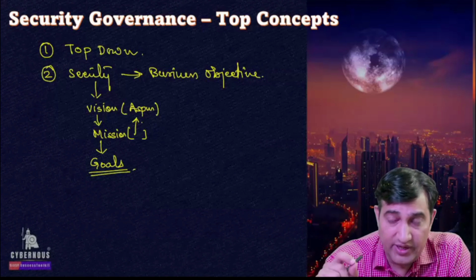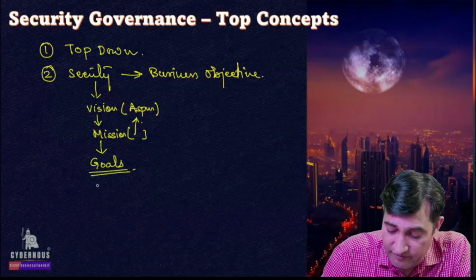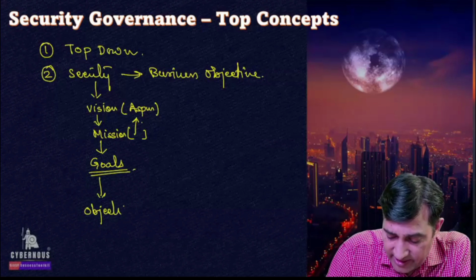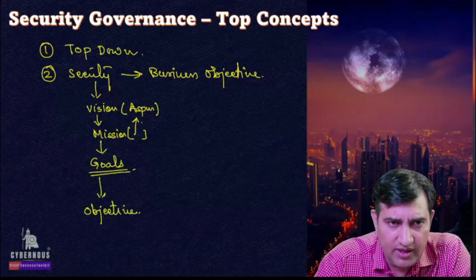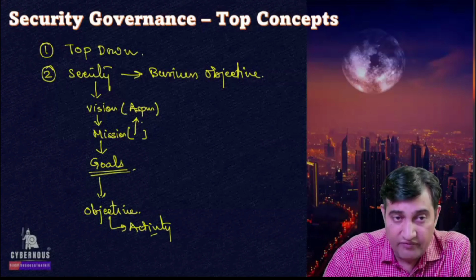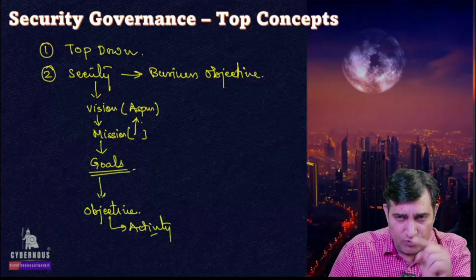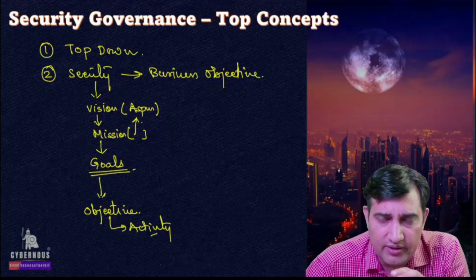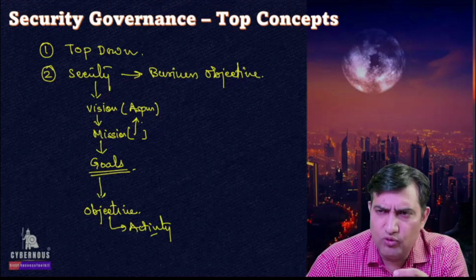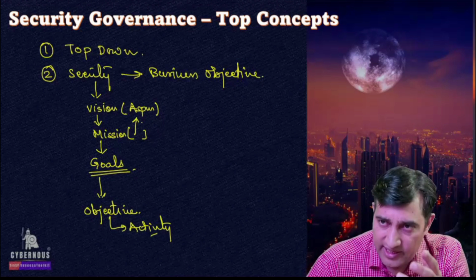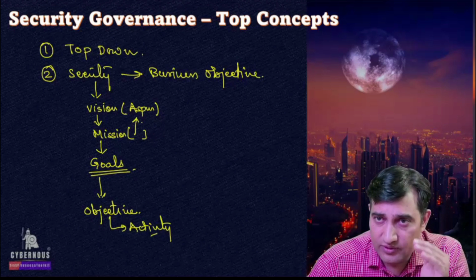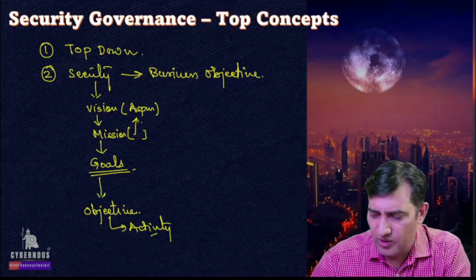Similarly, the same thing happens in security as well. So you have to drive your goals from all this. And then you need to create objectives, which are again time-bound and measurable all the time. That is where all the activities you do should be in line with everything. So you can see an alignment from bottom to top. You might also be going with, let's say, OKRs, filling up your OKRs at the end of the day. Why do we do that? Because all your actions, aspirations and thought process are aligned with the goals and objectives of the company. So that is a very good framework to understand.